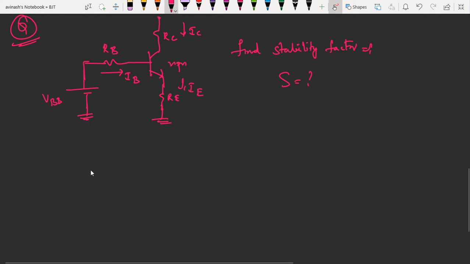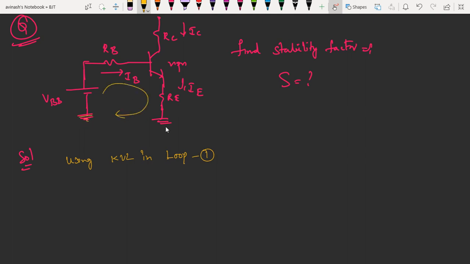Then how do we apply this? The solution will be using KVL in the first loop. Let us take loop 1. You can apply it in this loop because this is grounded, ground to ground, so this loop is closed. Then what we get here: minus VBB plus IB into RB,